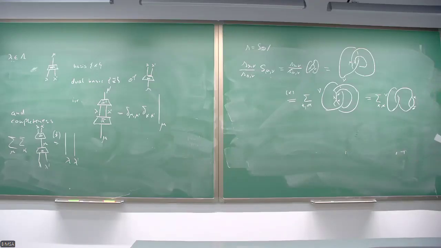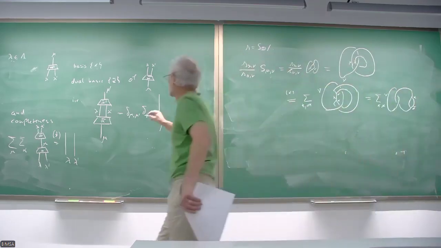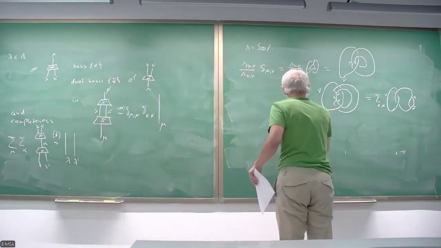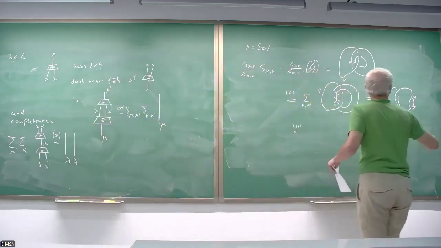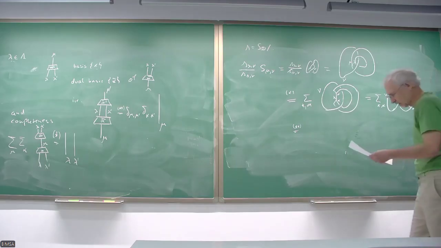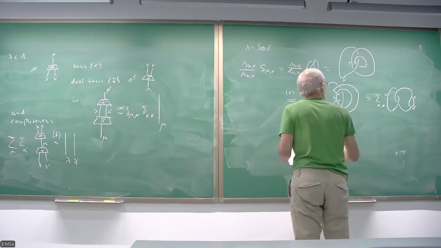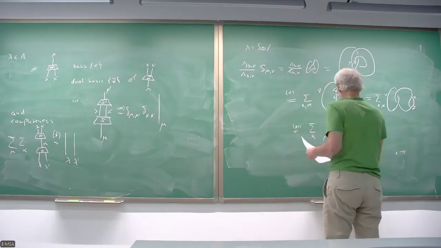Then I have alpha and alpha bar here. But I know from the first relation that this is equal to 1. So what I get is the sum over kappa, and then